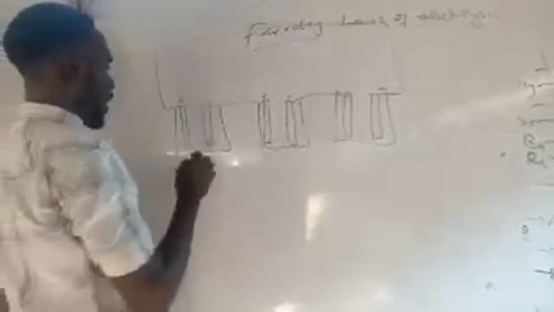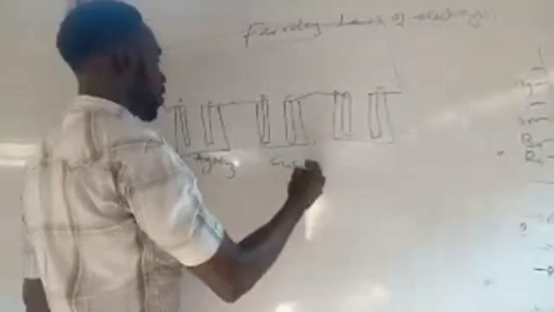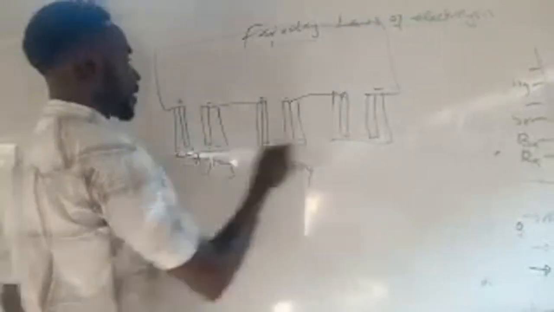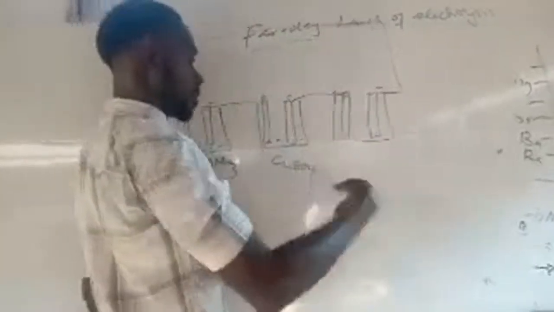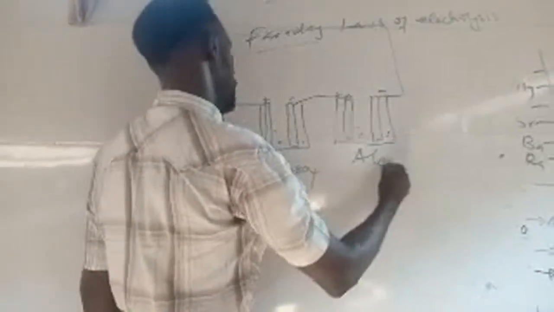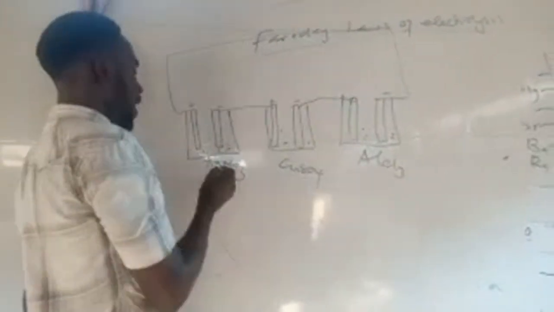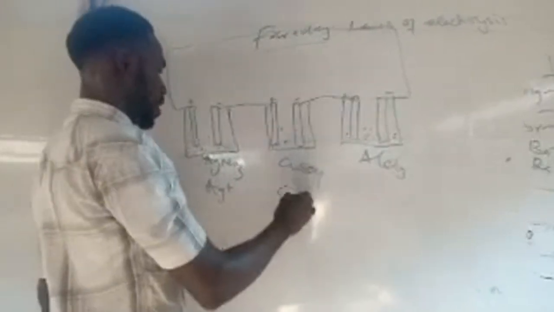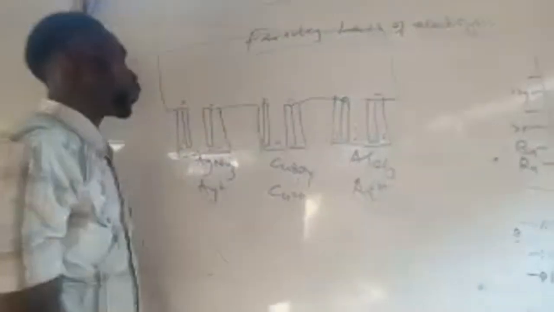So let's assume that this one contains AgNO3 and this one contains copper(II) tetraoxosulphate(VI) as the electrolyte inside it. Remember, the electrolyte is the compound or the substance that you really want to electrolyze, you want to break down. And here is molten aluminium chloride. Taking it that there is no water, they are all molten. But where our interest lies is on these ions. This is Ag+, Cu2+, and Al3+.